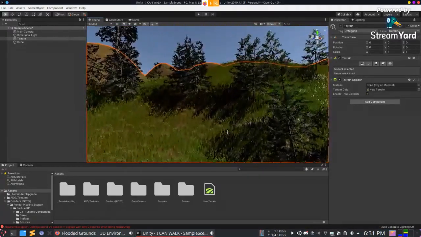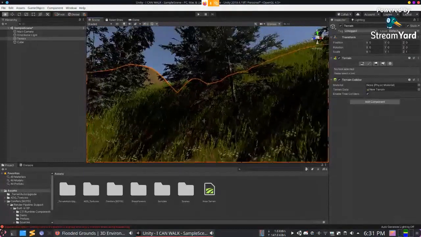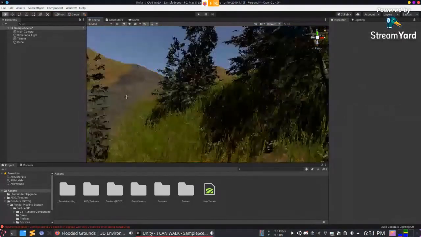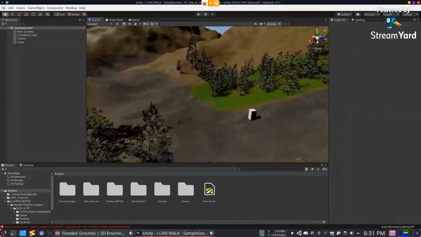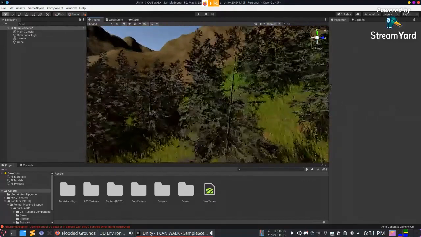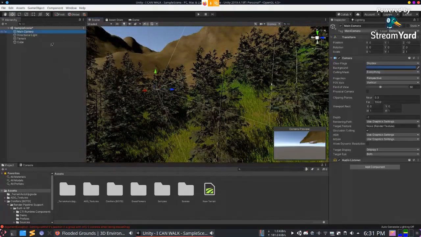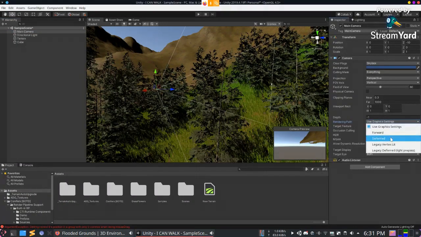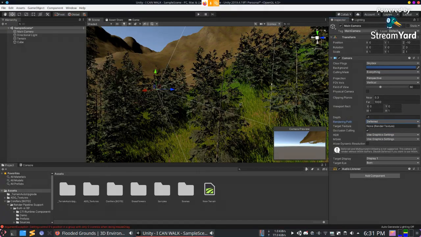And if you notice, the grass is much better now. It's much more realistic than before. In the rendering path, you can make it deferred, and then you get deferred rendering, which improves the quality.